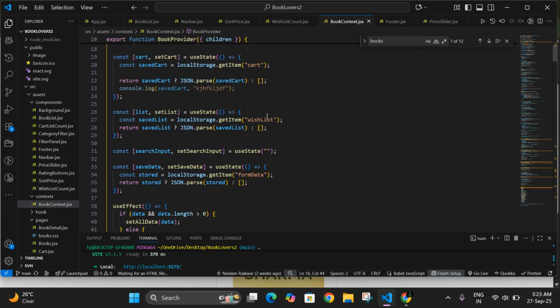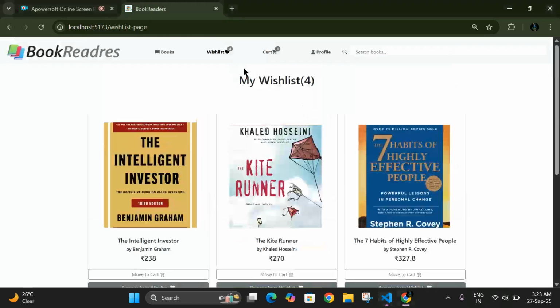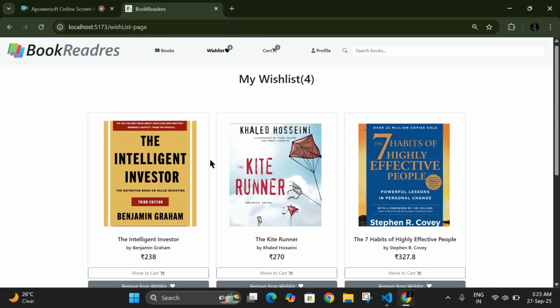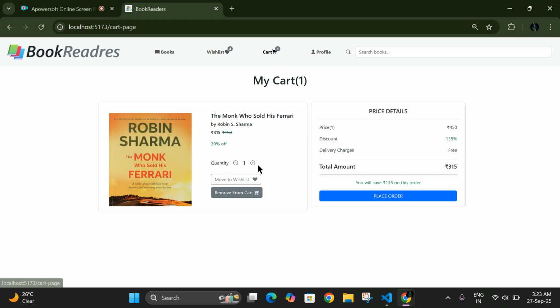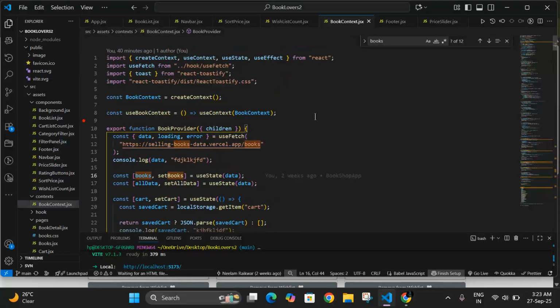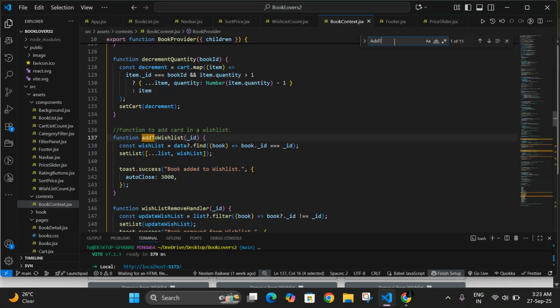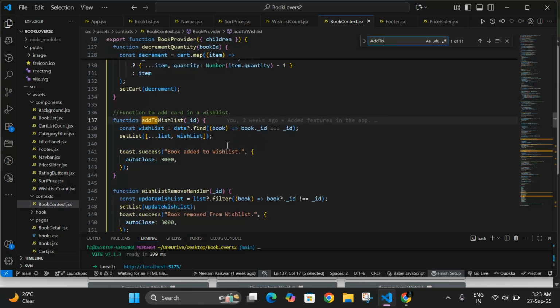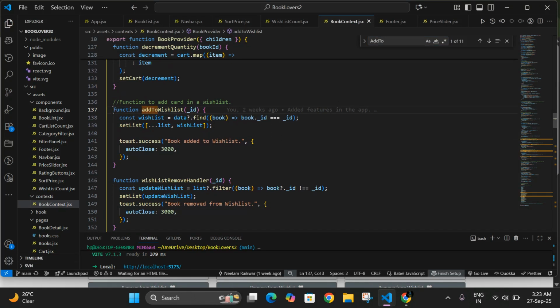In the book context, I have created a function for this wishlist and cart, which is here. By this function I'm adding to the wish list, and here I'm checking if data is not found.